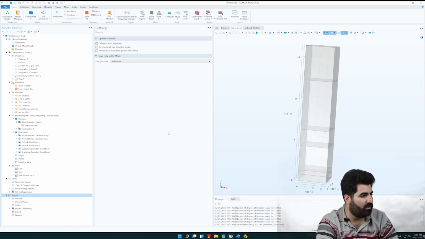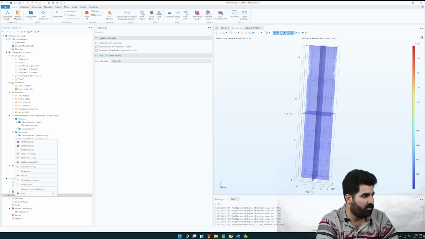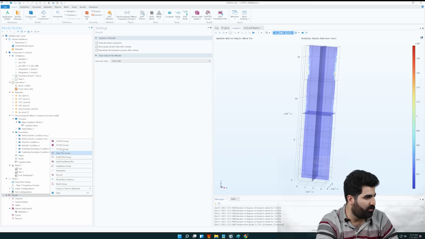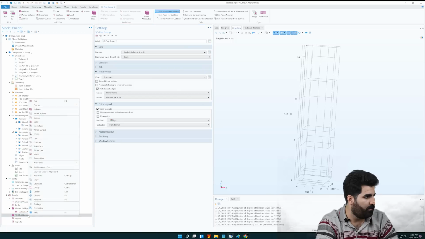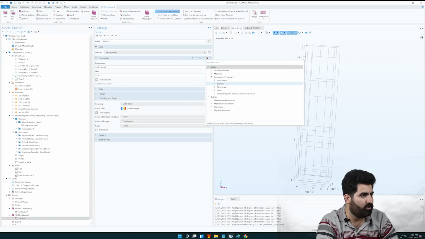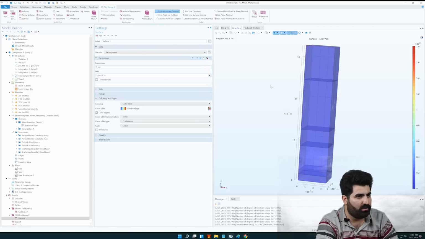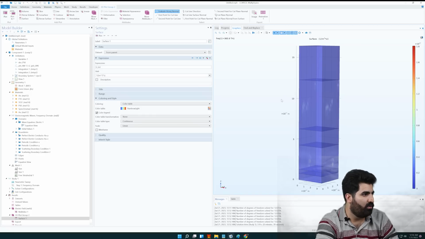Okay, the run is completed now, and you can see the electric field result here. And also, let me use a 3D plot group. Use a surface. In surface, you can go to definition and function. Let me choose a variable, for example G total G. You can see the generation for